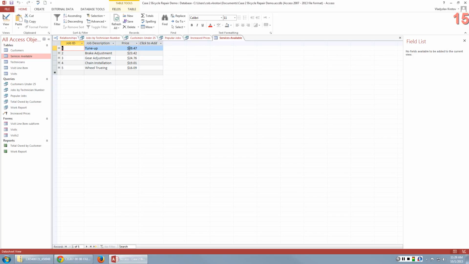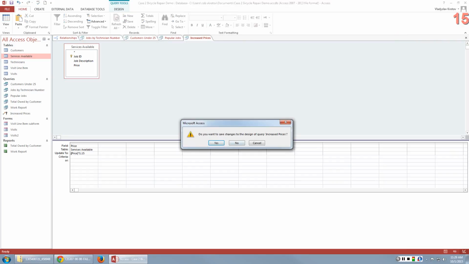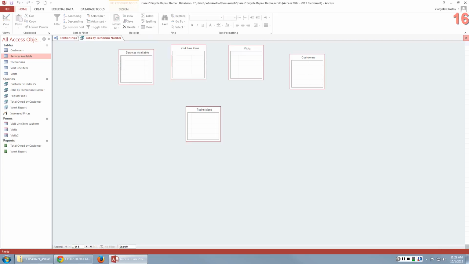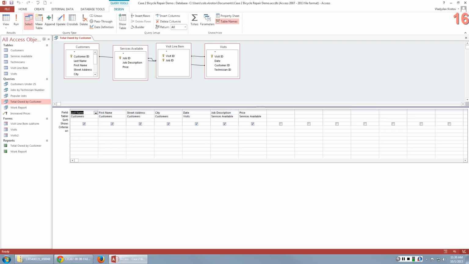Okay, now at the end you need to generate 2 reports. One report is about total owed by customer. Now there's one interesting observation here about the way they recommend you handle this problem. I'll just close all those things to make sure we don't have any kind of conflict. The way they're handling it is that in order to generate report 1, which lists customer information and then lists the jobs that were performed for that particular customer, the price of those jobs and the totals, it creates a query first. So, if you look at this query, you'll see that this query pretty much draws on